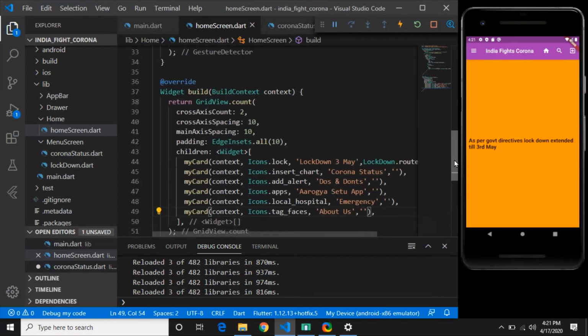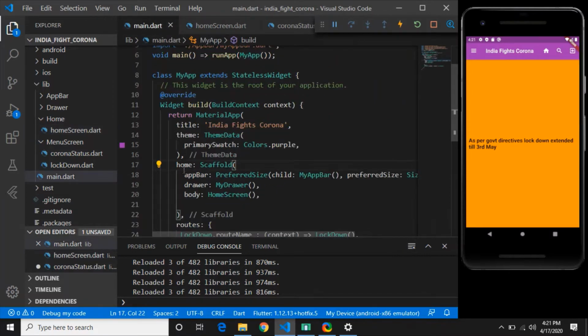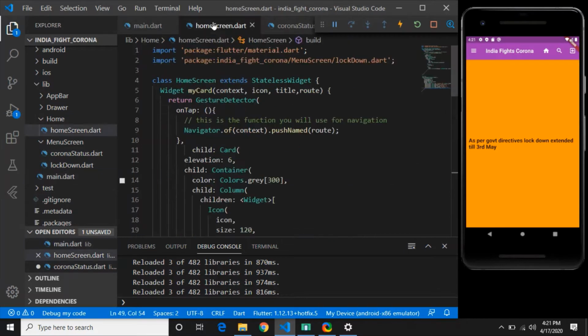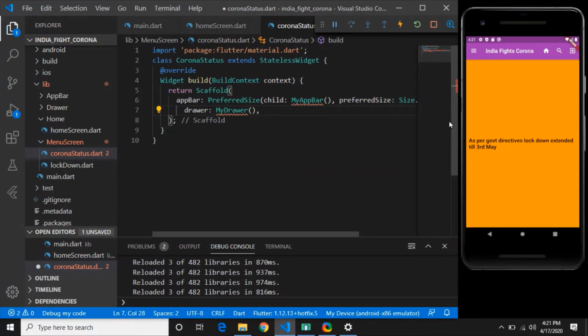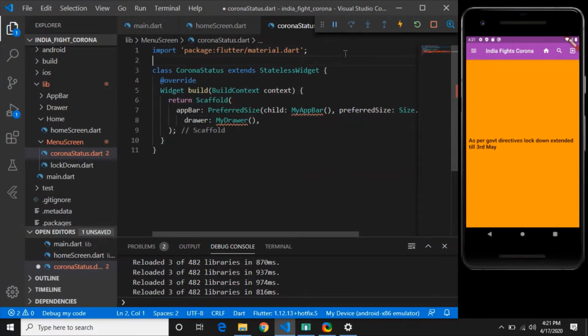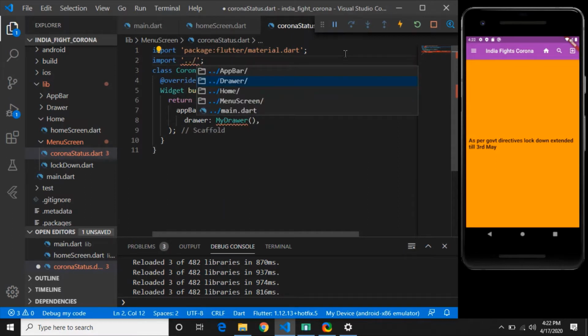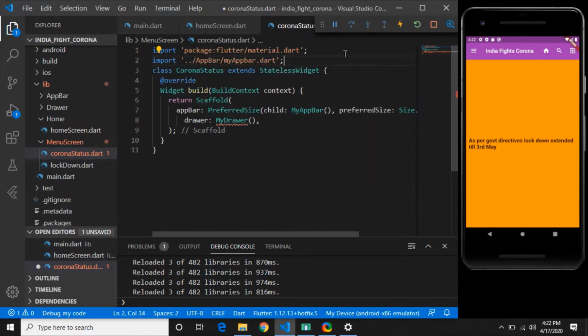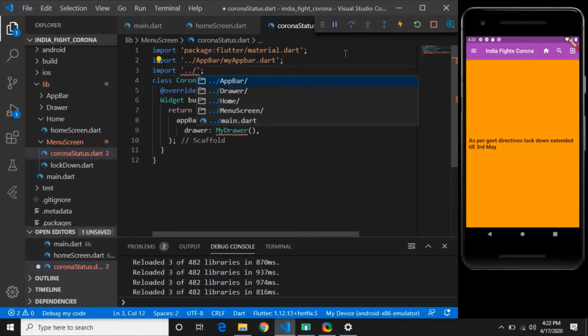So I will take this from main, and you have to import the app bar and drawer. We are going up one directory step, so import ../app_bar and again import ../drawer, my drawer.